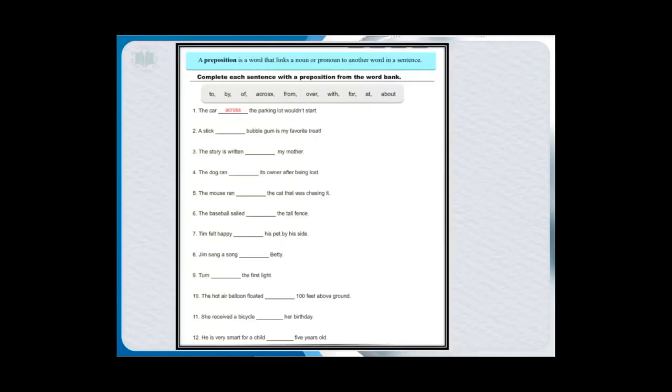So here is a worksheet which is related to prepositions. They are mixed from preposition of place and preposition of time. Read the rules and fill the